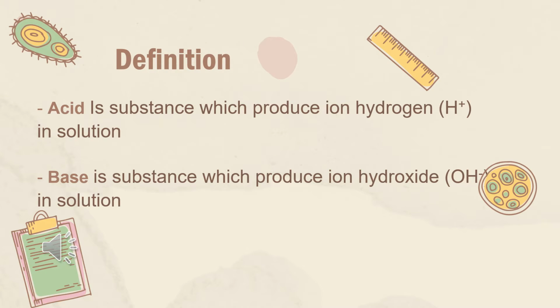Okay, acid is a substance which produces hydrogen ions or H+ in solution, and base is a substance which produces hydroxide ions or OH- in solution. Okay, this is the definition of acid and base. So guys,